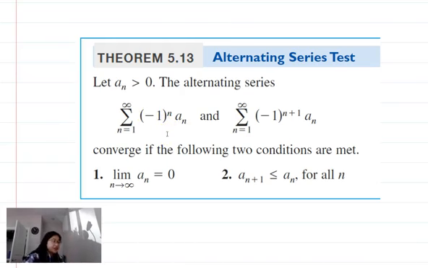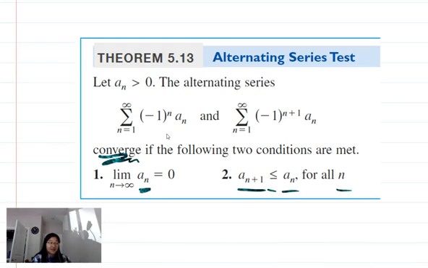We know that it converges if we have these two things. First, the limit as n approaches infinity of a sub n gives you 0. So effectively we have our nth term test, but just for the a sub n, not with this alternating business. And second, a sub n+1 is less than or equal to a sub n for all n,